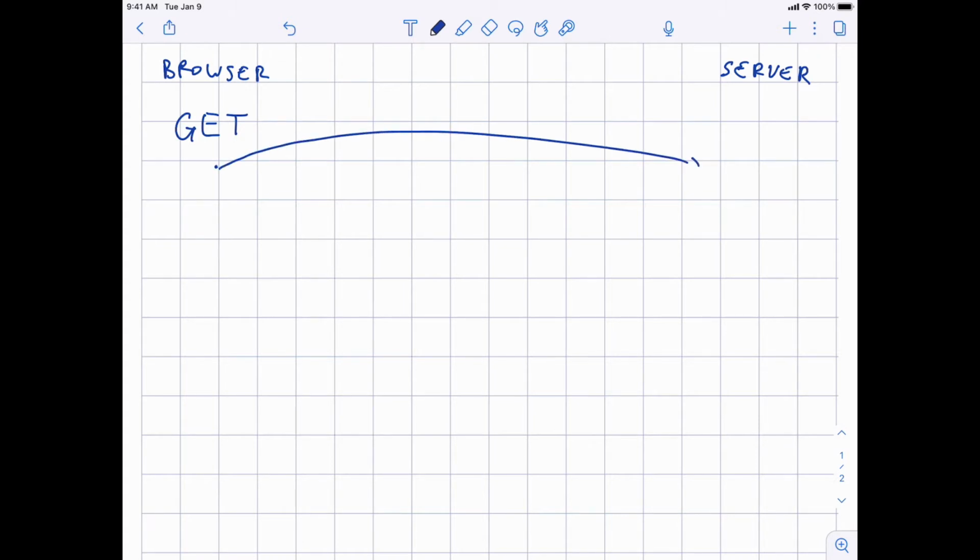Let us see how we can convey information from the web browser to the web server. So here is the browser and here will be the server. Okay, so one way is to do a GET request. A GET request is a request to have a page delivered, and the URL in the GET request can convey information. Aside from the host portion, there can be the app name, the endpoint,